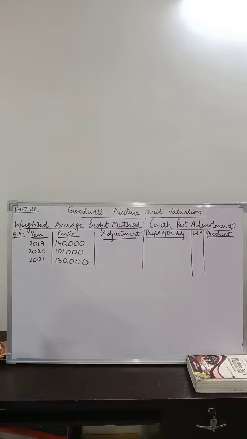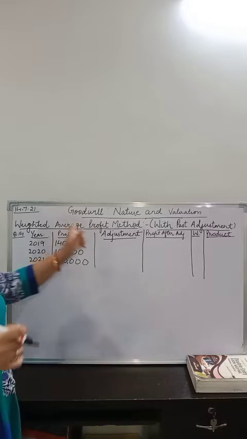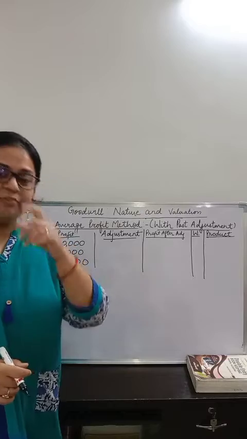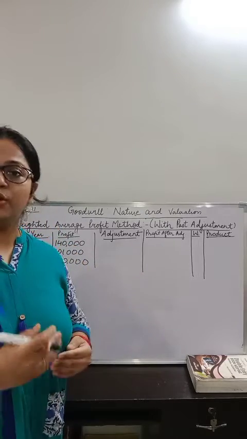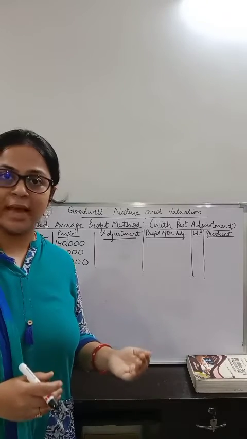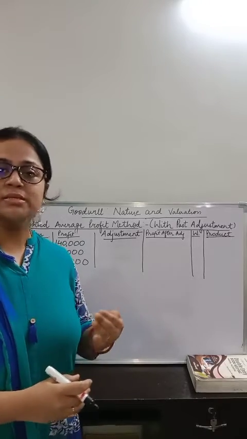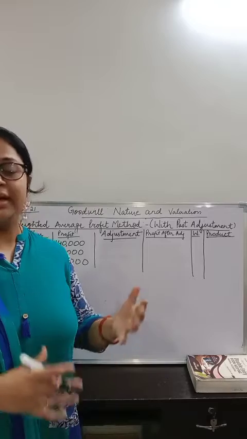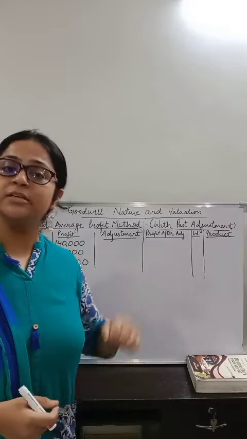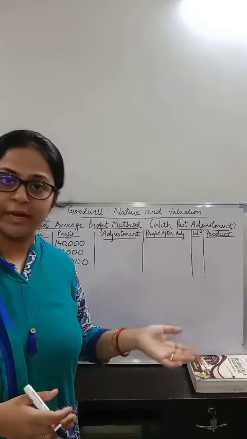So as you can see on the board, this is the next question, question number 14 from your book, which is the weighted average profit method with past adjustment. I hope you know the concept of past adjustment, children. We calculate the profit, but we miss out some things. That means the net profit which has already been calculated still requires some adjustments to be made to it. It is incorrect and it will need further rectifications. So for this, we will first have to find out what type of effect the past adjustments are having on the net profit.